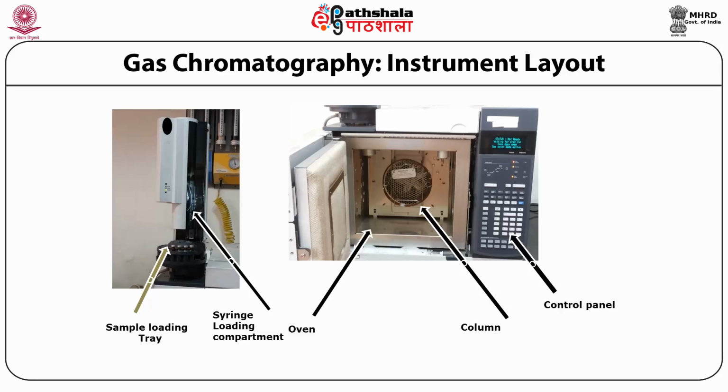However, in an autosampler, there is a sample loading tray, and then there is the syringe loading compartment, which is the dark glass that you can see in which the syringe is loaded. That syringe will automatically lift samples based on the program that has been set and then load it onto the column. The other important part of the gas chromatographic system that is shown here is the oven in which the column is present, and then the control panel, which can allow you to make the settings for the particular program